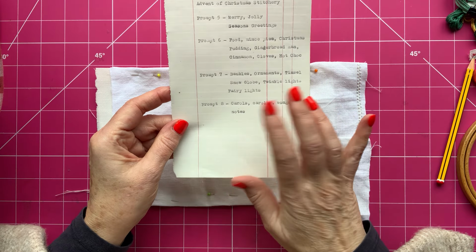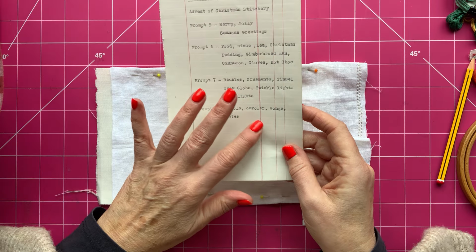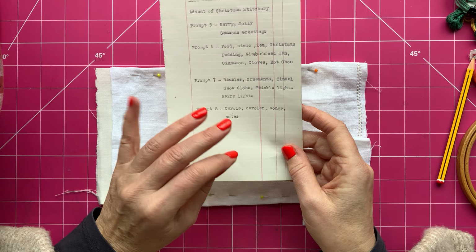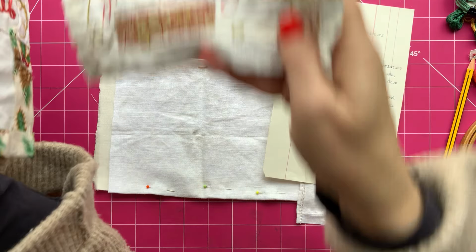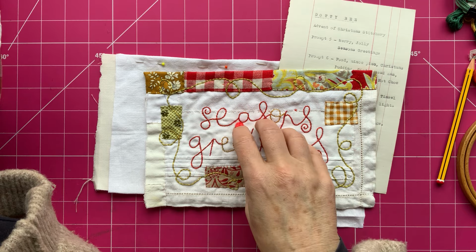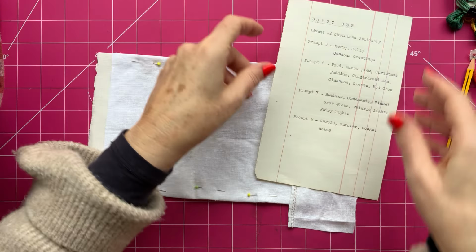And then prompt 8 is the carols, and I'm probably going to find, I haven't done it yet, but I'm going to just look out some carols and maybe do some words and do a similar thing to this maybe, but I may type some of my words as well, but I will show you that